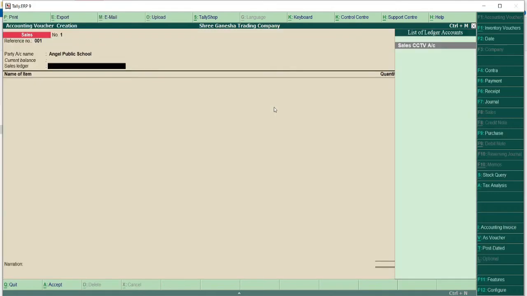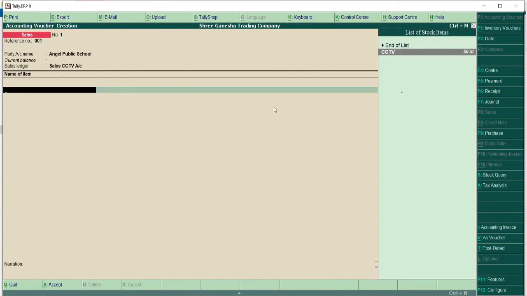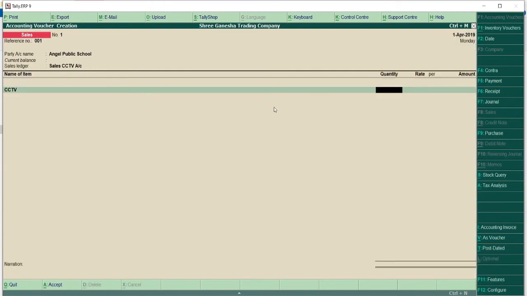And now here we are going to select the sales account, then the item, that is CCTV. We are going to type the quantity here as 30 and the rate rupees 12,000 per unit. The amount will come automatically.